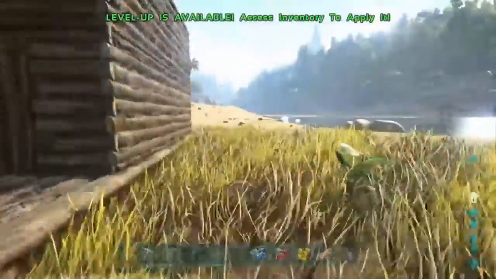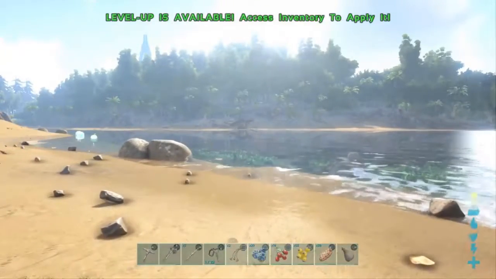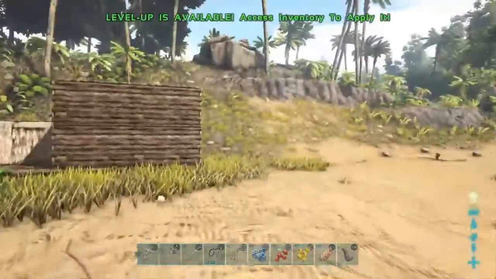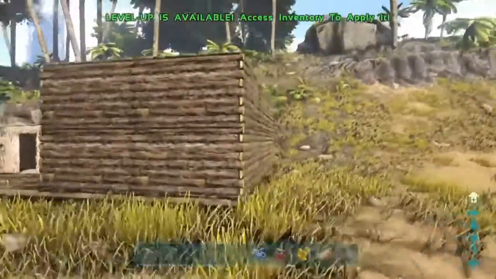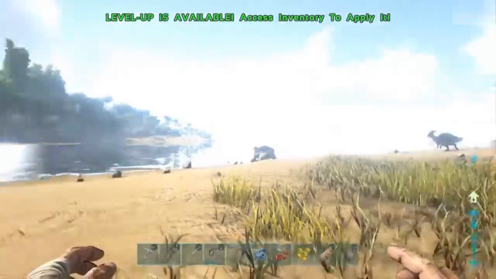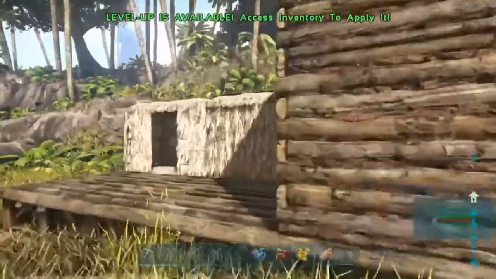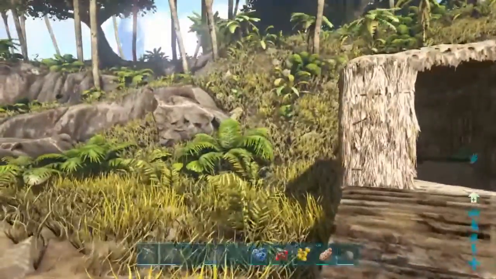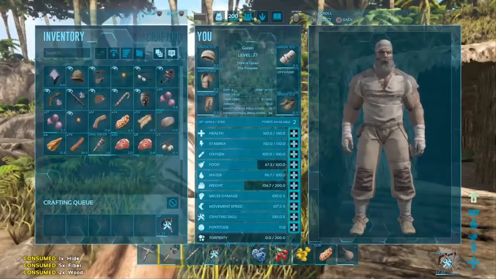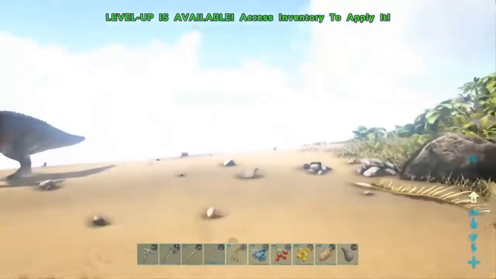Then, on the previous episode, my neighbor Spino attacked when I was building this part of the house. He came to this side and attacked me in the house. So this is all needing to be repaired. That's why. Now that you are all up to date,